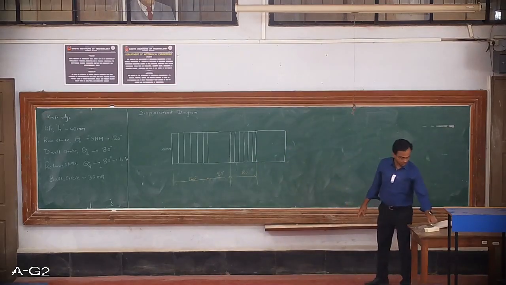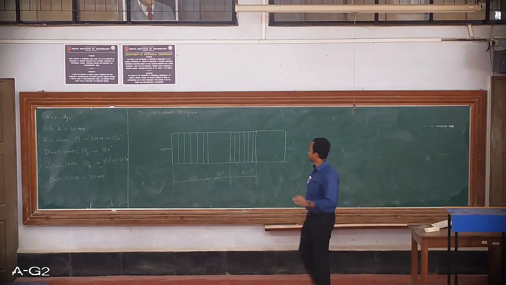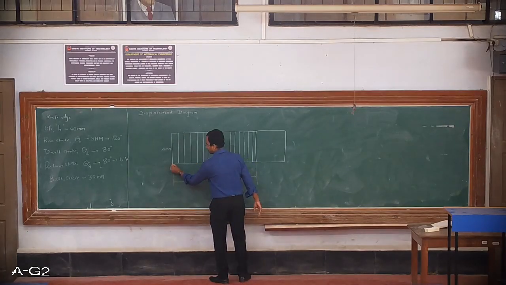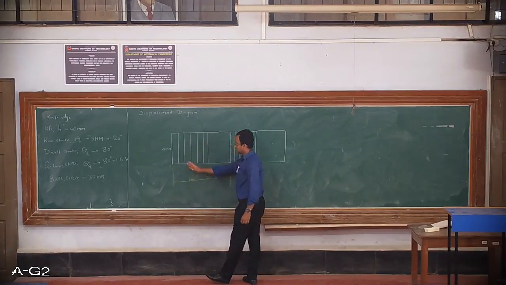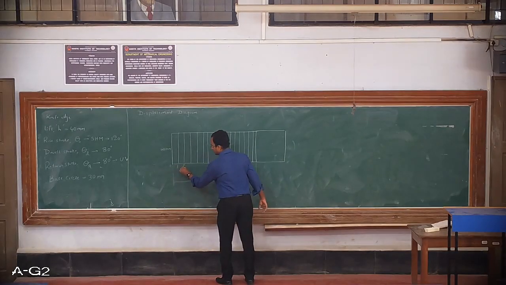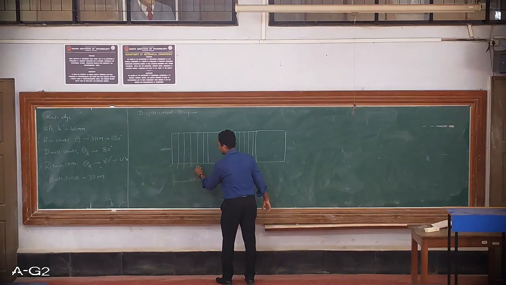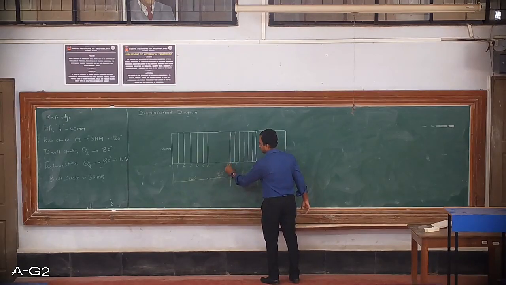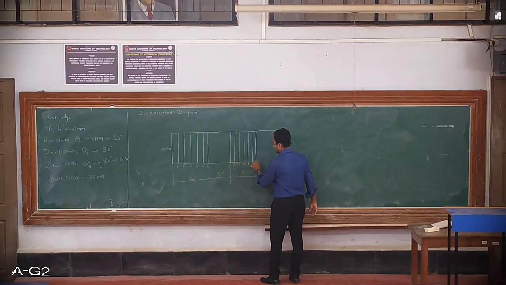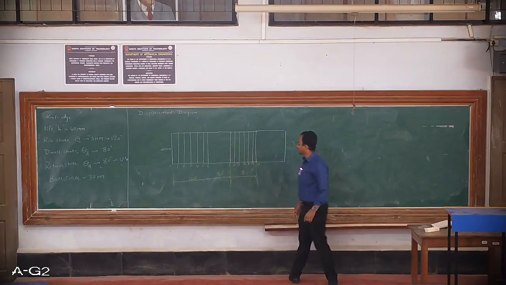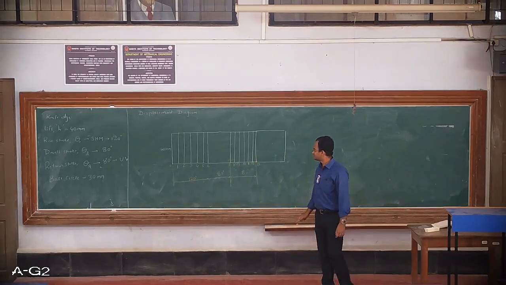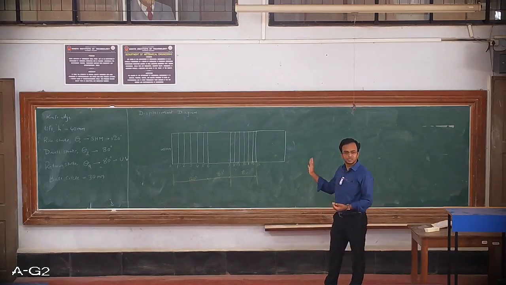So once the divisions are done, a very critical step is to number all these points. So I'll start with 0, then the divisions. So this will be 1, 2, 3, 4, 5, this 6, this point will be 7, 8, 9, 10, 11, 12, and this is 13. So by the end of the return stroke, I have got the point as 13 over here. Okay, I hope it's clear.